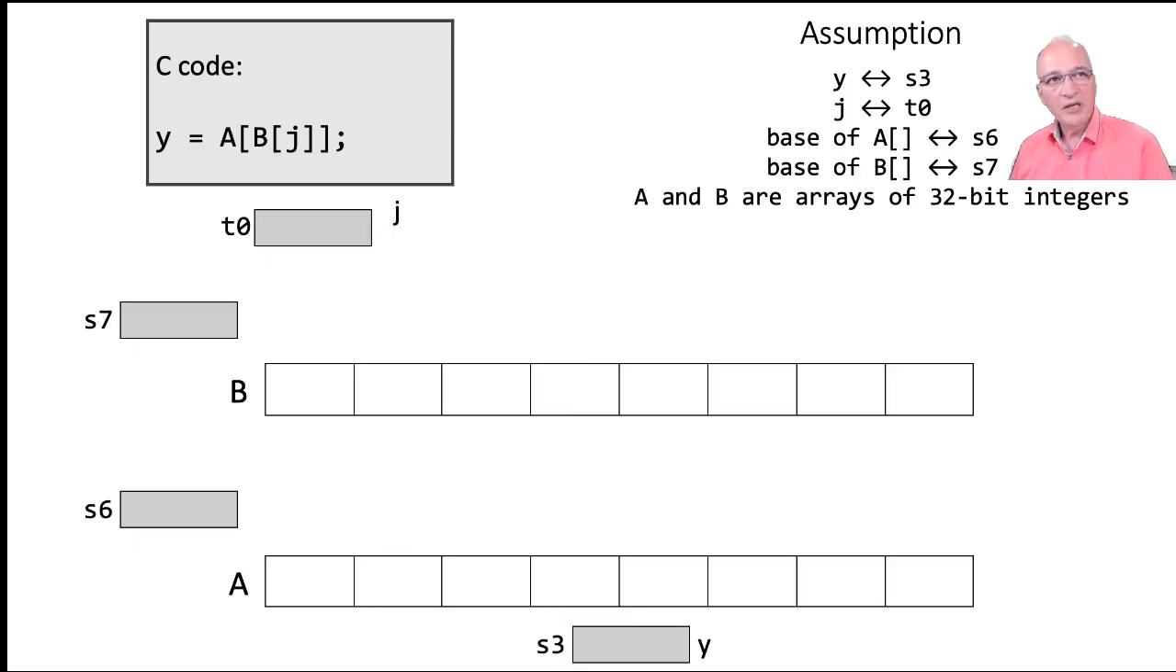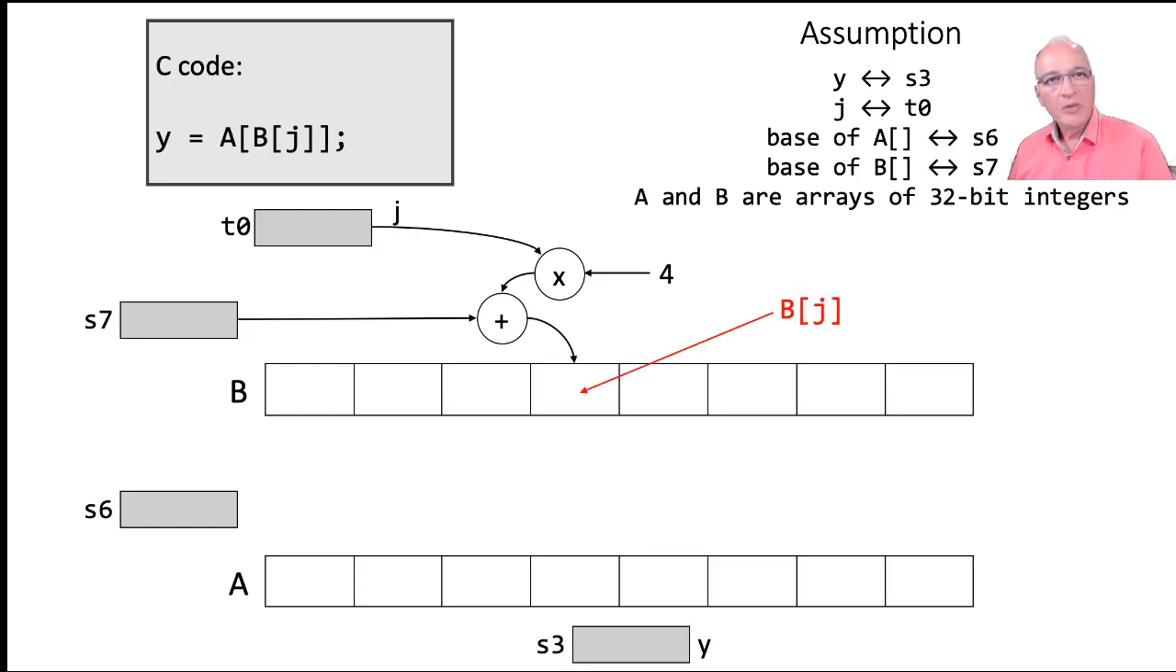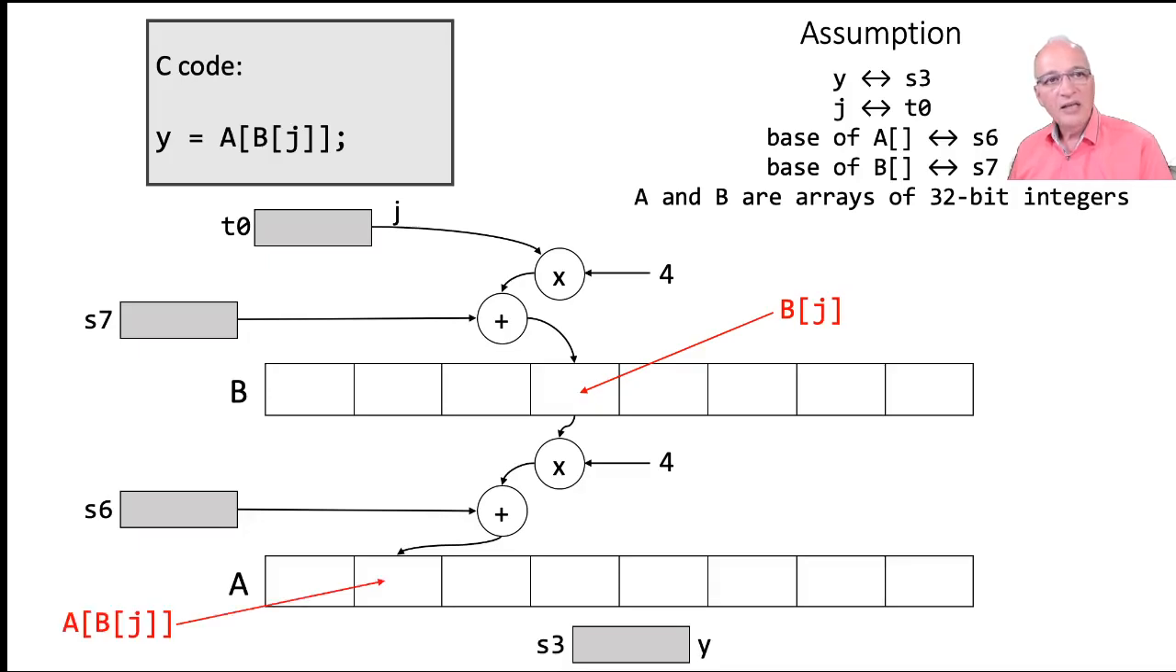So if each element is 4 bytes, what I need to do is take the value of J and multiply by 4 to obtain 4 times J, and then add the result to S7, which contains the base of the array B, and that will give me the address that I'll use to go to memory and find the value of B sub J. Once I have the value of B sub J, I need to multiply it by 4 and add the result to the base of the array A, which is in S6, and that will give me the value A sub B sub J, and I'll then write that value into S3,